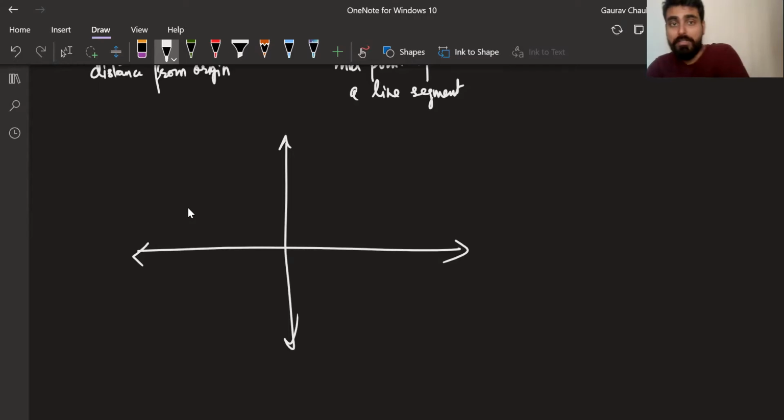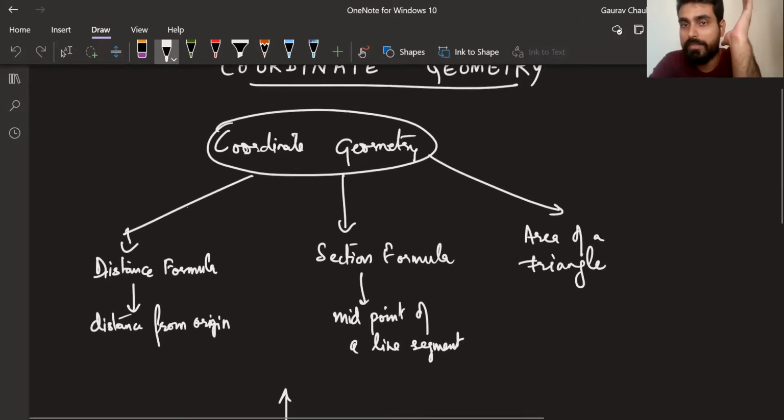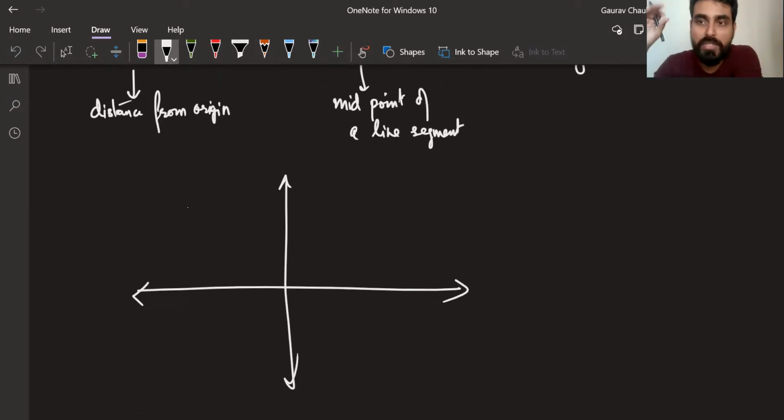Google Maps uses it. Any map uses it for a fact, not just Google Maps. Whenever you make a map, you have coordinates. You have two coordinates using which you locate something on a plane. Okay. So all right, getting to business. Coordinate geometry is the geometry, a method, using which you are able to communicate the location of a point to another person.